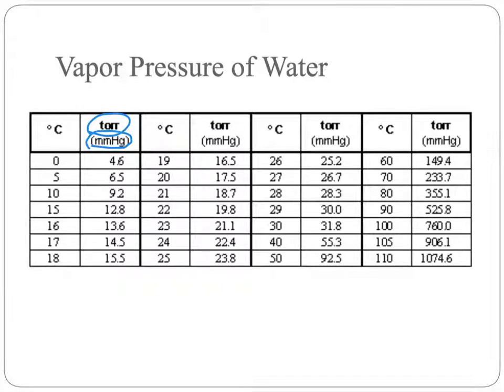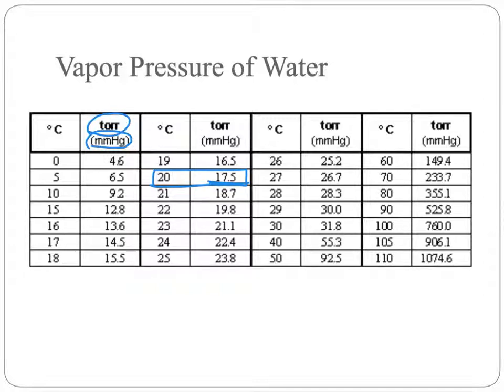atmosphere. So it tells you that if you're collecting a gas over water, let's do it at a standard 20 degrees, at our laboratory conditions, then 17.5 millimeters of mercury or torrs is the pressure of water vapor, the partial pressure of water vapor in your gas. Your gas that you've collected is a mixture, and 17.5 millimeters of mercury is being provided by vapor